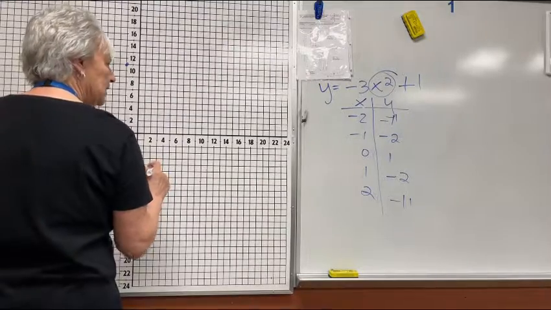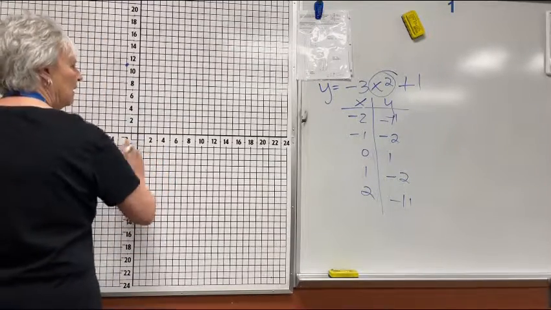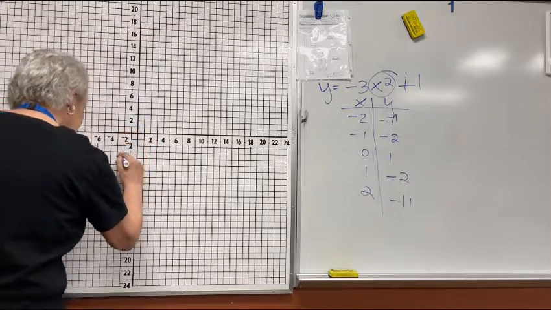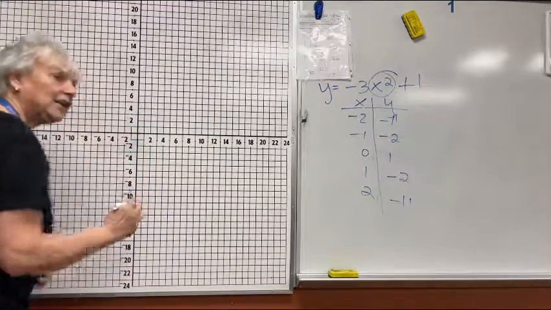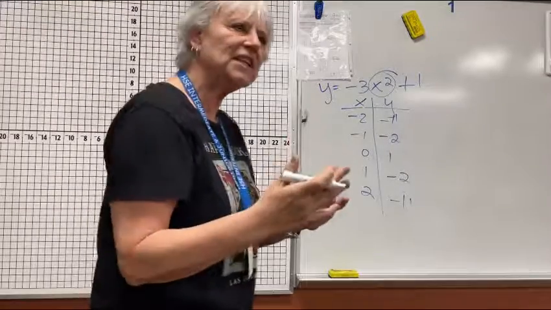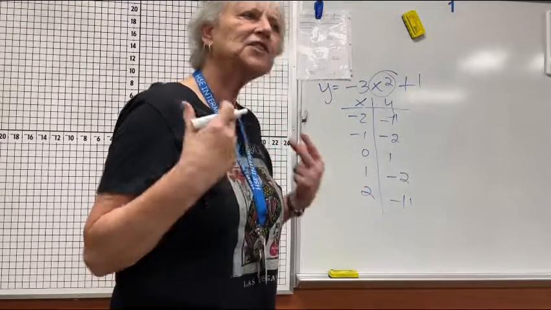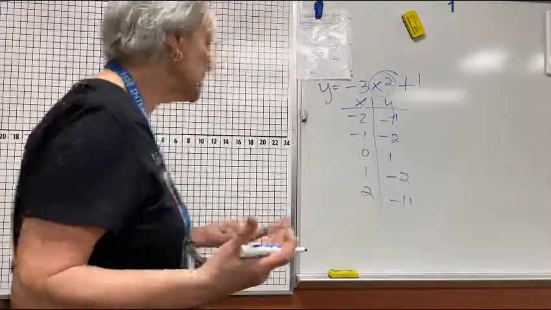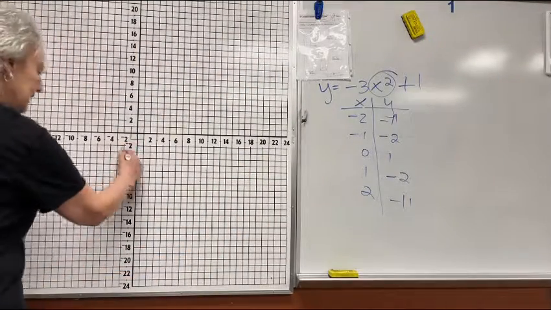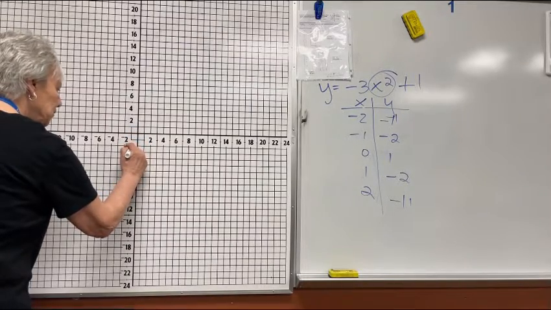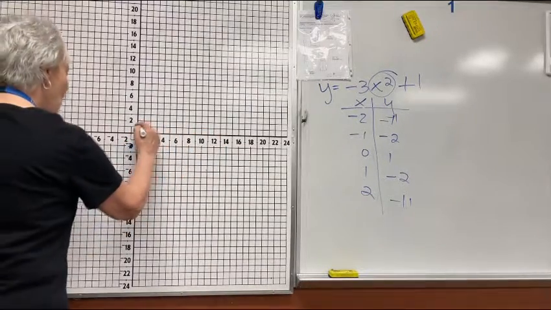I messed up. Negative 11. Negative 2, negative 11. And see, I knew right away. When I was putting these points in, I said, oh, this one's not going to be upside down. Something's wrong. Okay? So negative 2, negative 11, negative 1, negative 2, 0, 1,